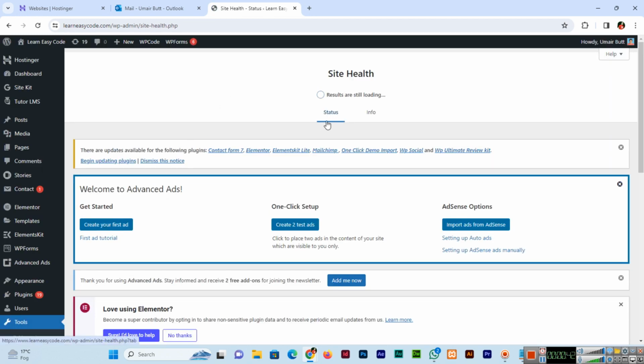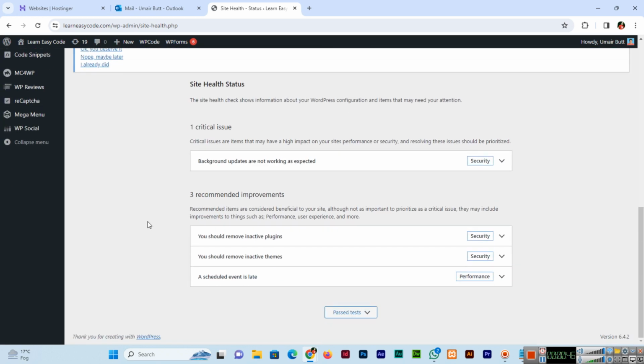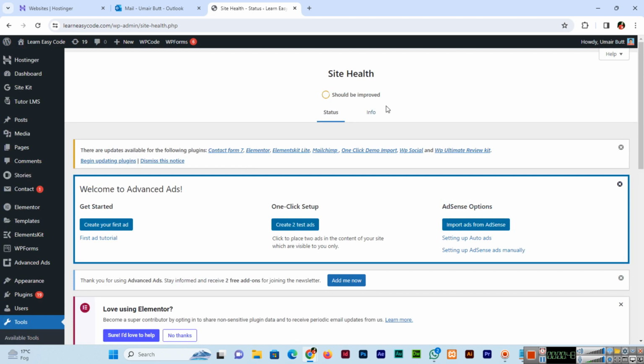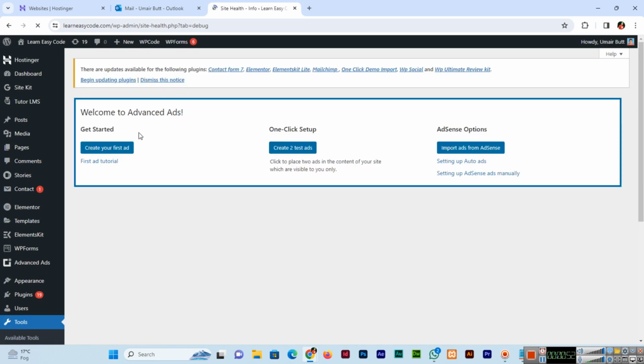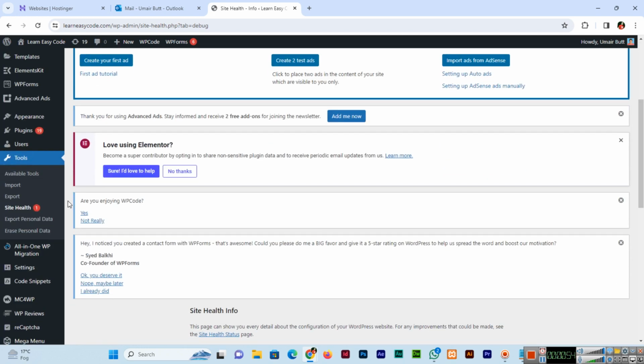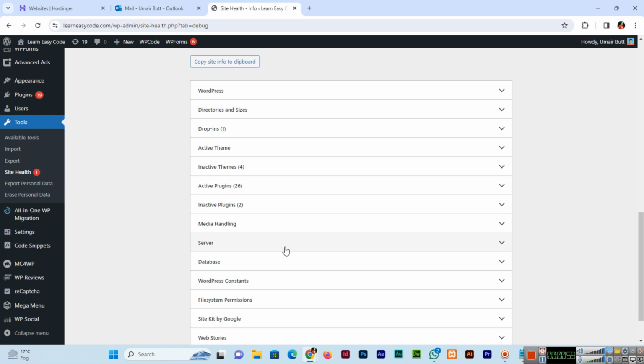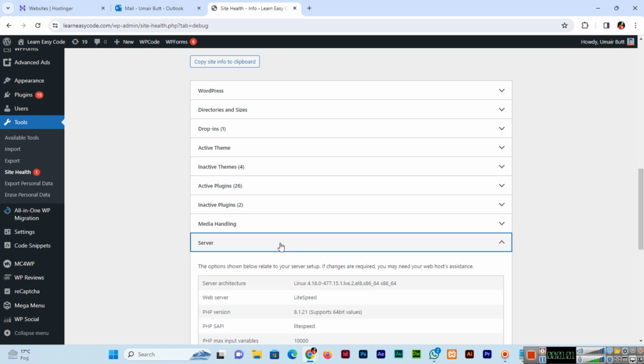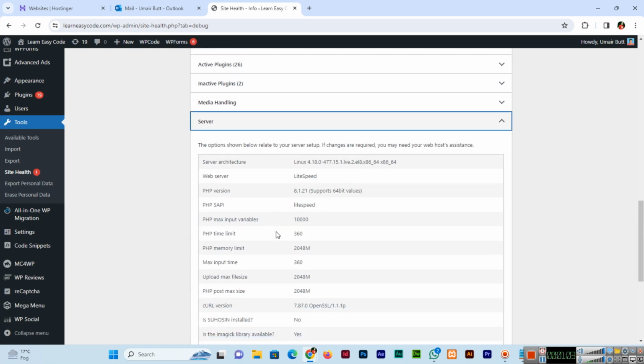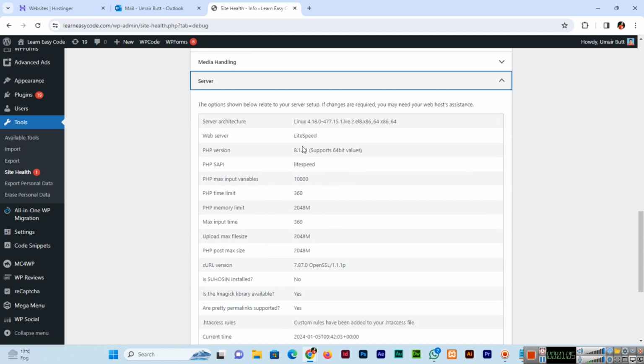It's showing the Site Health Status tab, and here you can see different statuses. And here we can see Info. In the Info tab, you can see here Server. So if you click on Server, here you can see PHP version